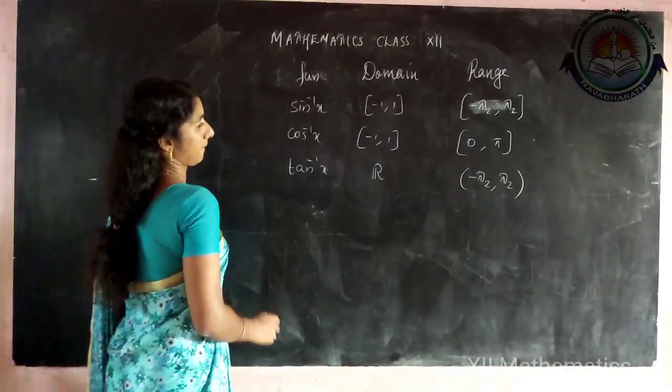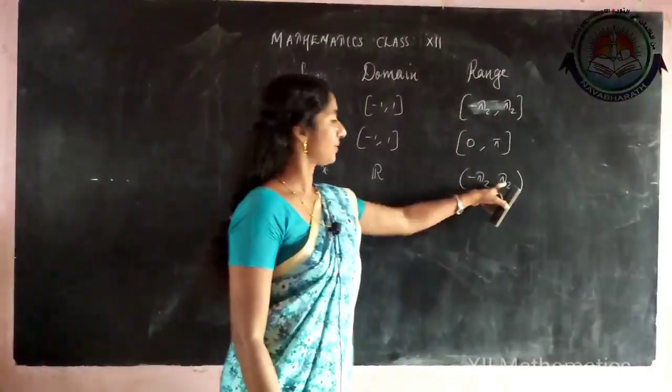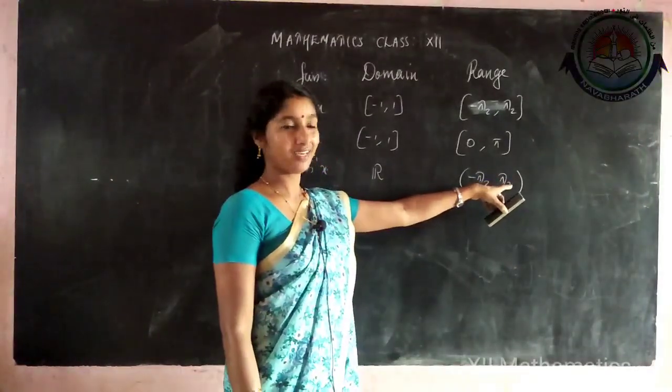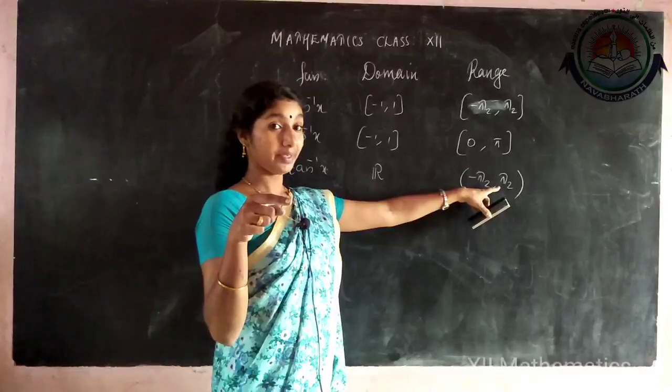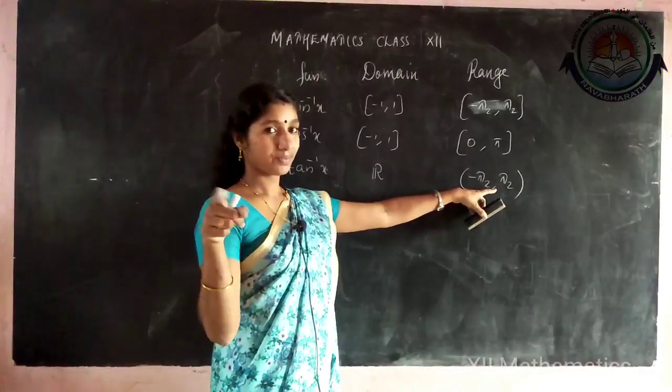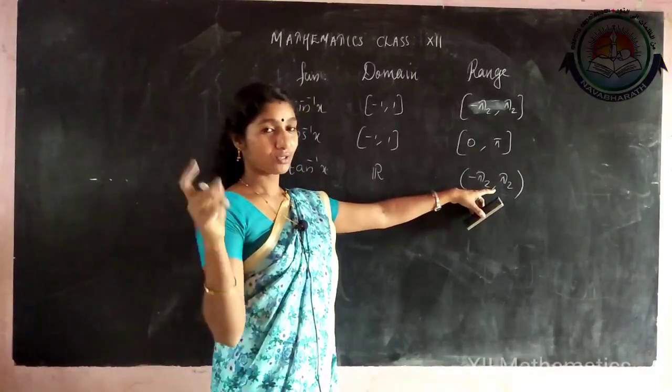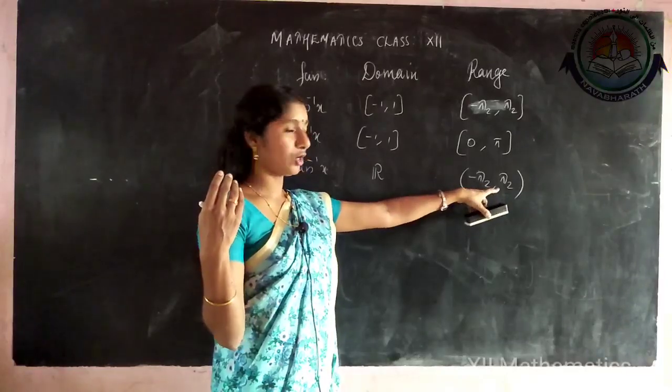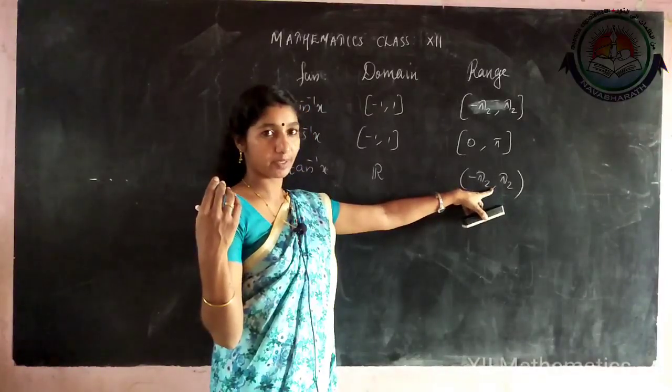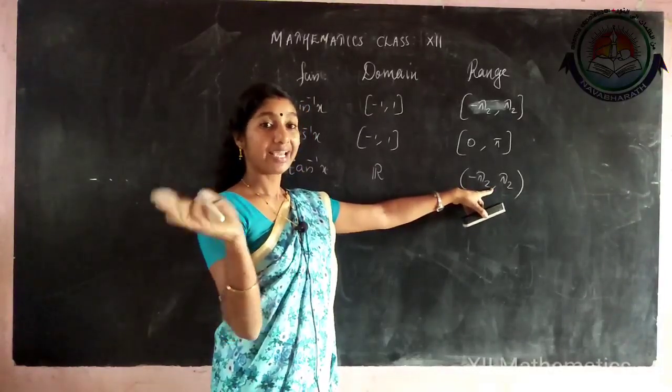Then why pi by 2? What is the problem if it is a closed interval? Tan means sine by cos. Cos pi by 2 is 0. So tan function's domain will not include plus pi by 2 and minus pi by 2. That is why the range set is coming,